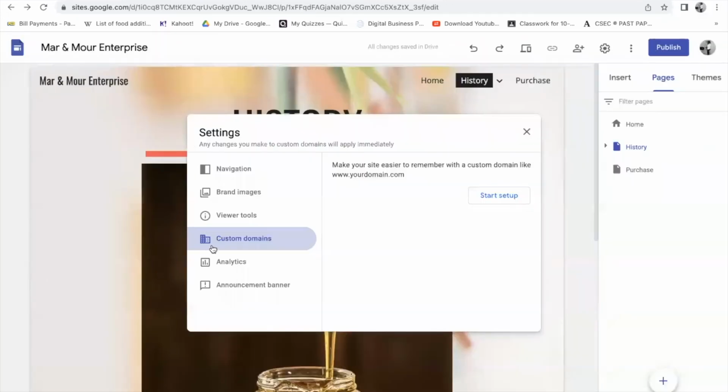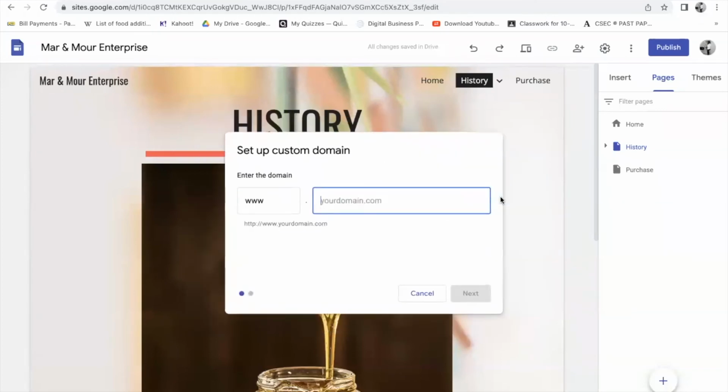So when you go to manage, you say custom domain. All right, so if you want to set up your custom domain, then you will type your name here. So my name will be Mar and More Enterprise, let me spell everything in one. The only difference with this one though, because if you're going to do a custom domain, you have to